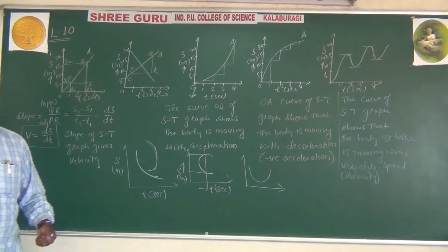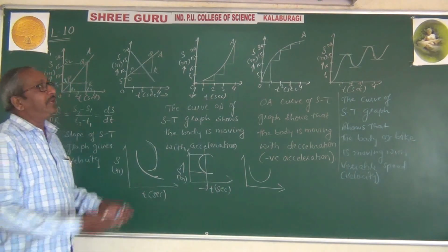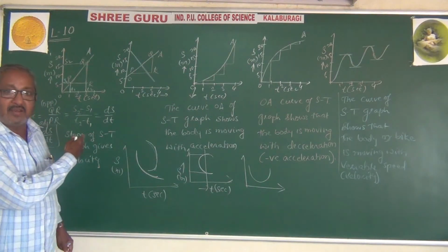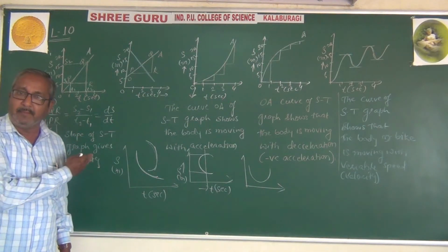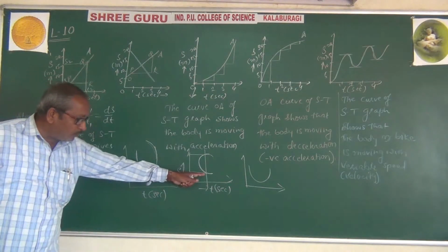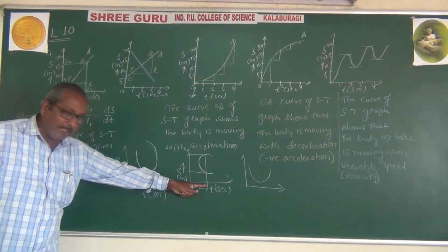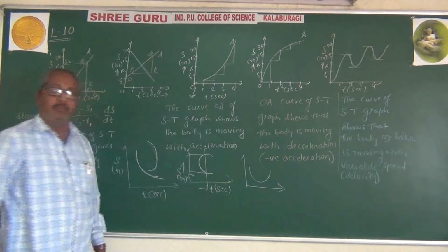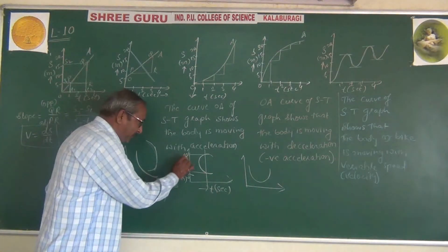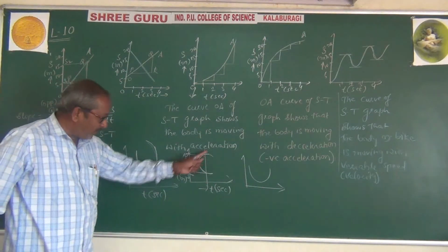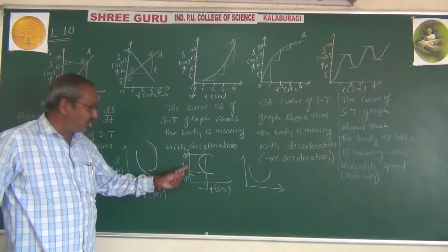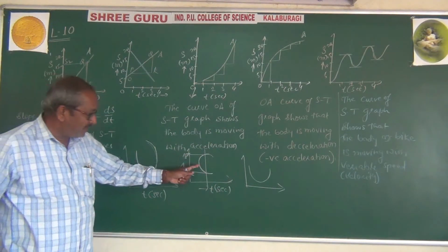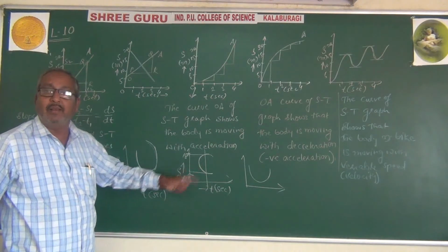For example, now at 1:15 I am taking the class in this room. Is it possible that I can go to another classroom at the same time? But here it shows that for the time t, the position of the body is here, for example at the 5-meter position, then here the 15-meter position. For the same time, is it possible to be at the 5-meter position and the 15-meter position? It is not possible. So this type of curve is not possible.